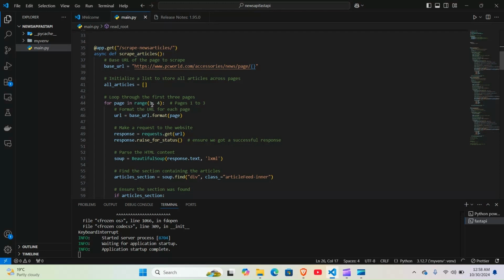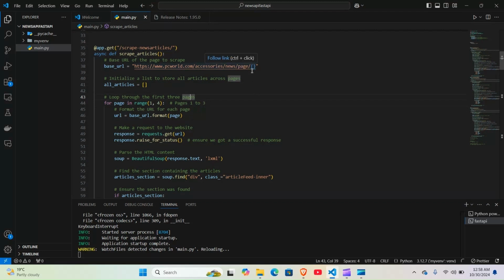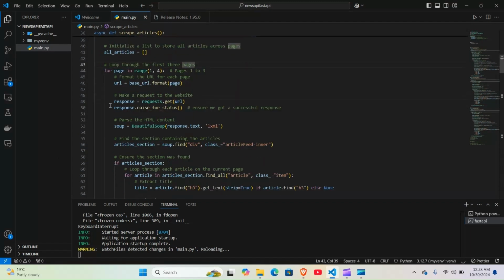So I'm saying for page in range 1 to 4. So this will fetch up to page 3. If you are to add maybe up to page 7, you add page 8 there. But let mine stay to take 3 pages, pages 1 to 3. Then format the URL for each page. So I'm passing the page number here. If it is page 1, I pass it here: URL is equal to base format page. Then the response is equal to requests.get the